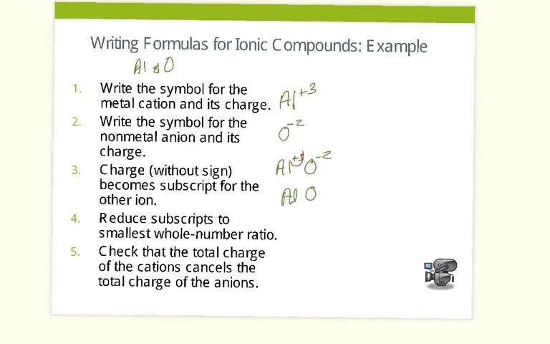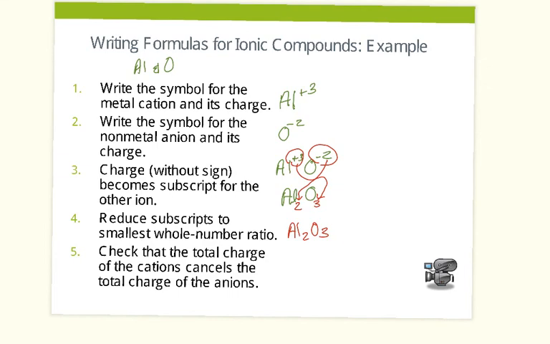So for aluminum, it's got positive 3. We're going to move that as the subscript for oxygen, but without the charge. And then for the charge on the oxygen atom, we're going to move it and make it the subscript for the aluminum ion, and it's going to be without the charge. So it becomes Al2O3. And now the fourth step is to reduce the subscripts to the smallest whole number ratio, but they're already